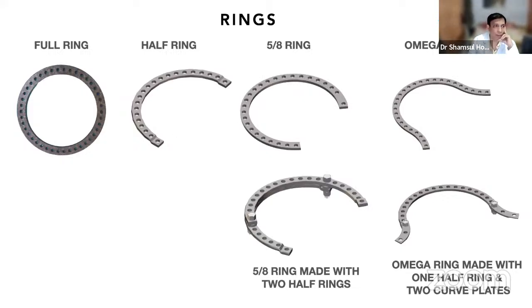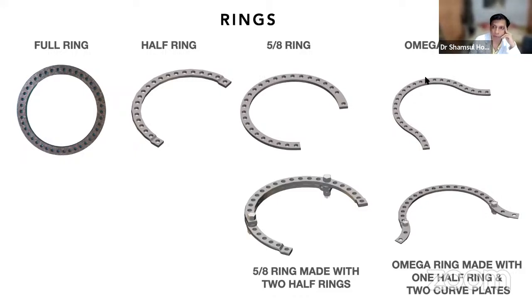We usually had the full rings, complete rings that had no joints in between. We were using them a very long time back, but they are not in use now. So we are using 2 half rings to connect and make 1 ring. These are the most commonly used half rings. Then we have the 5x8 rings that we can use in the distal femur and proximal tibia, where we can have a joint range of motion.